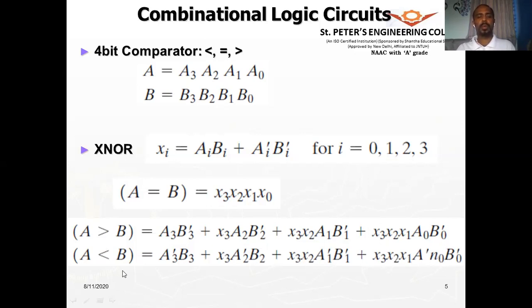So when we are comparing two 4-bit numbers A and B, A can be less than B, or A can be equal to B, or A can be greater than B. Those are the three results, and you can't get any other result apart from this. So these are the equations we have now. Let us realize this using the circuit.